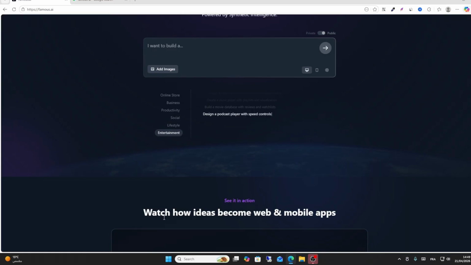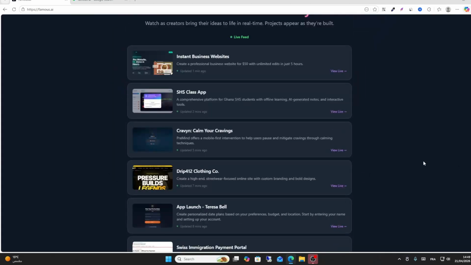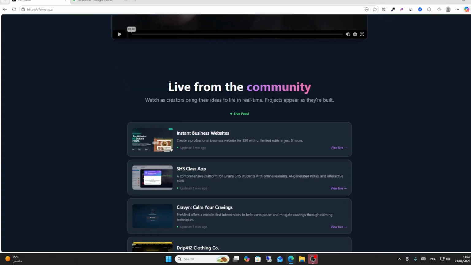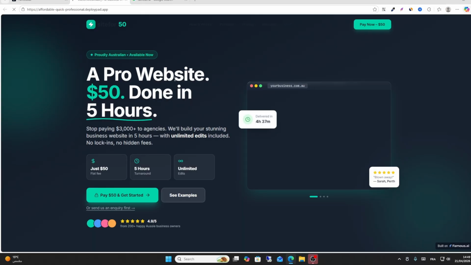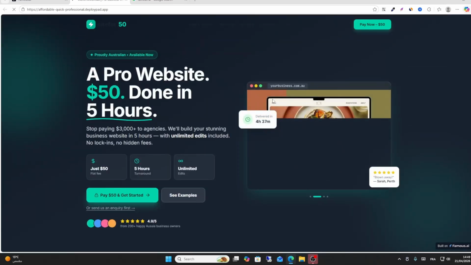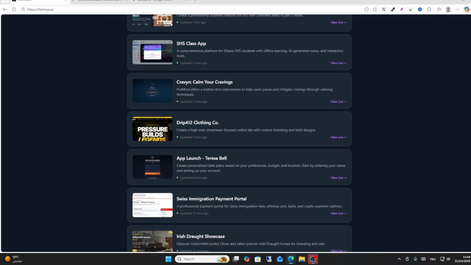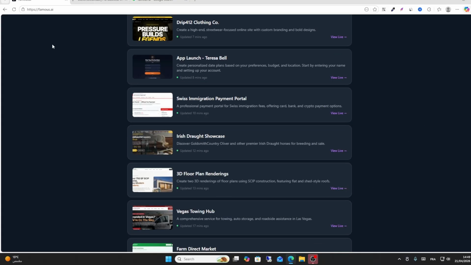This is the software, as you can see here. You have different apps. As you can see, this is a live from community. You can check all this community. This is a software build, as you can see here. You can build just like the software. This is good for your project. You can start using this Famous successfully without